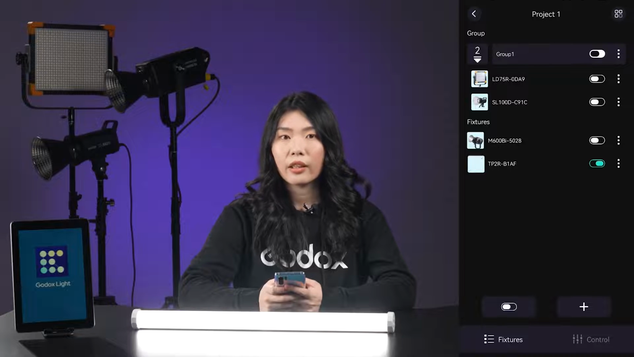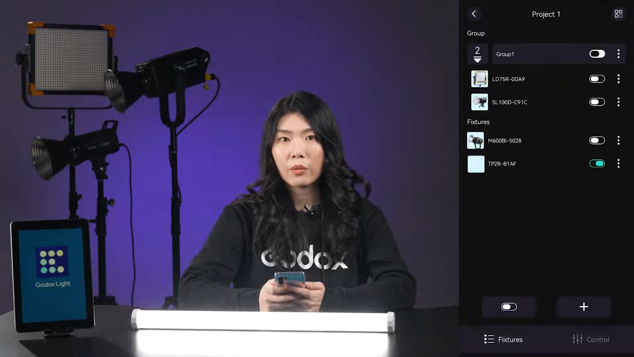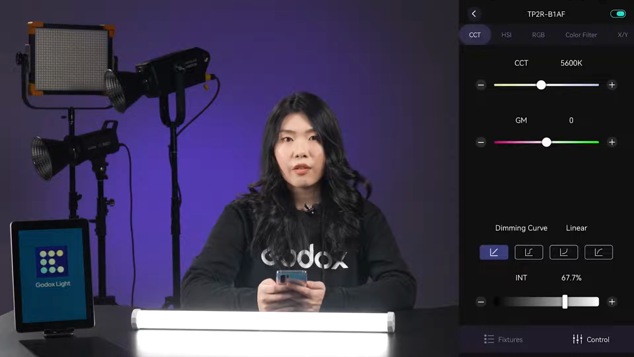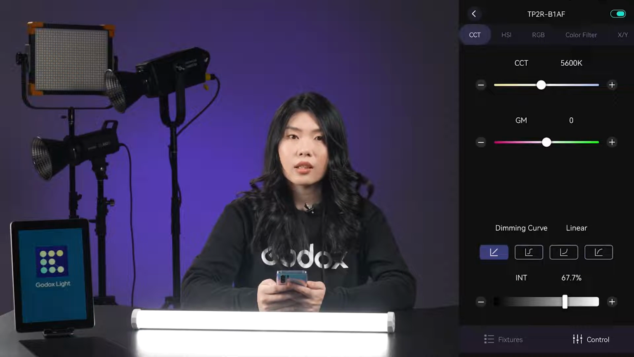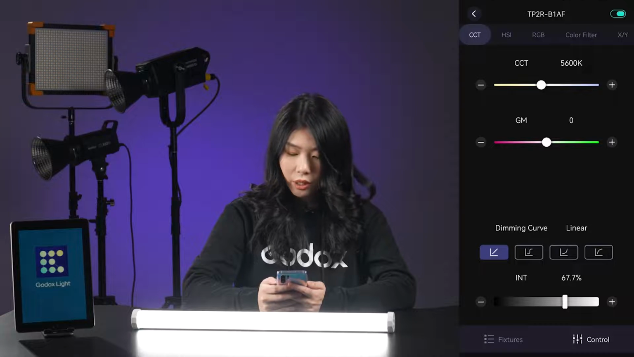Let's look at the adjustment of intensity and CCT parameters. Tap the fixture ID or the group name to access the parameter adjustment. The interface varies depending on the specific functions of the lights. In the CCT mode, you can adjust the intensity, color temperature, green magenta shift, and dimming curves. You can adjust the